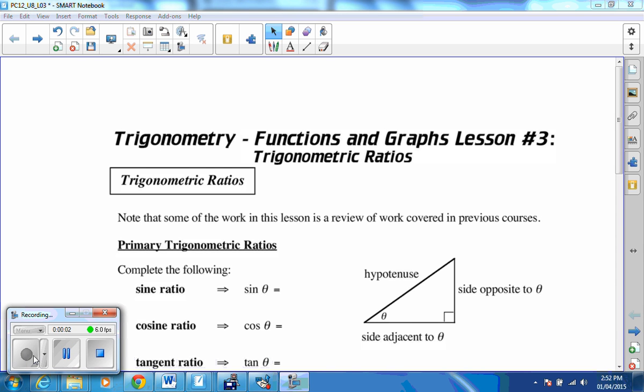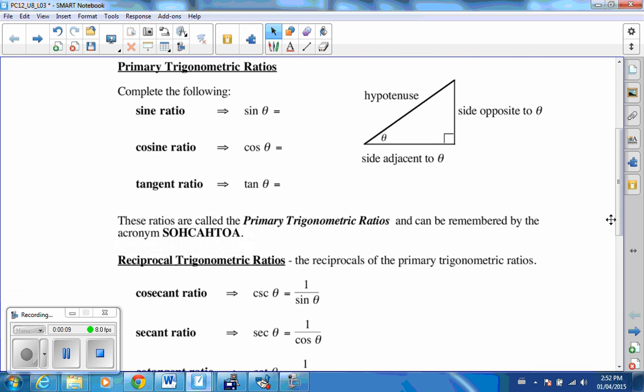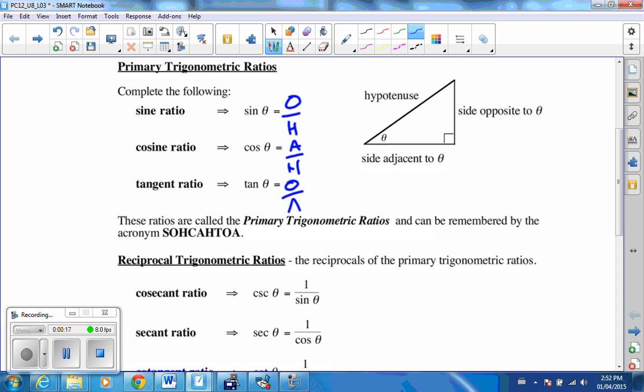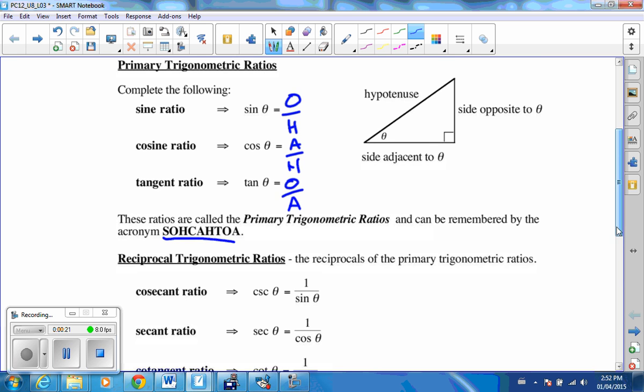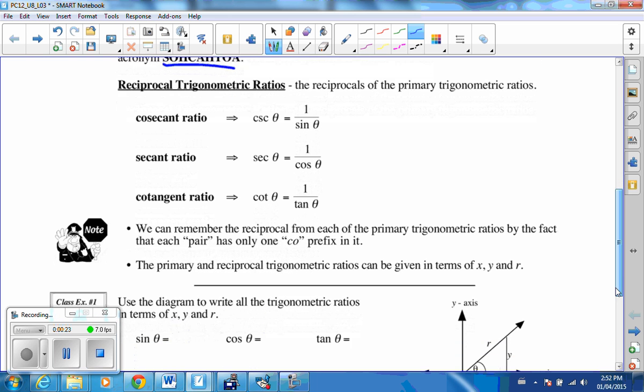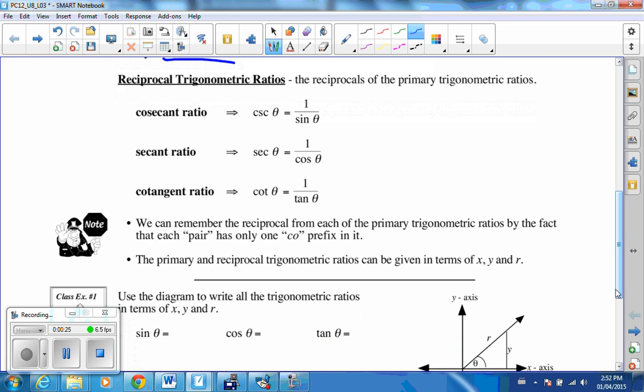So this is trig lesson 3, and it's all about the trig ratios. Back in Math 10C, we did SOHCAHTOA. So sine is opposite over hypotenuse, cos is adjacent over hypotenuse, and tan is opposite over adjacent. There's our SOHCAHTOA. Now, we've created these 3 other ratios that we're going to see this year, which are cosecant,